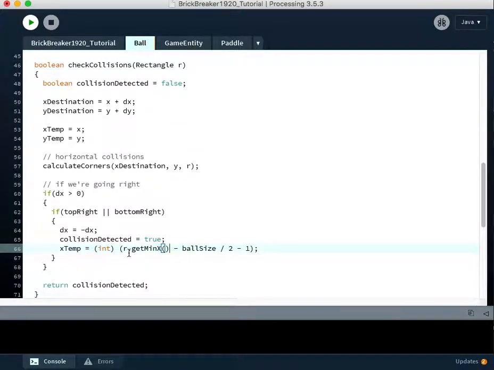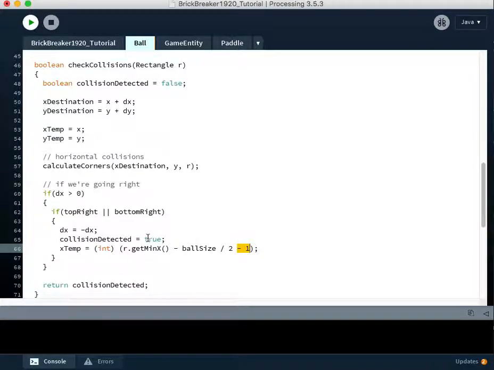This says, okay, if we're going to the right, so if the ball is traveling this way, and if it has collided with whatever this is, the rectangle here, so if it's going this way and it hits something, send it back the other direction, that's this line, so flip its speed so that it starts going left, indicate that we have found a collision, and just in case we don't want the ball to continue overlapping with the rectangle, we just want to set the position of the ball to the left side of the rectangle minus the radius of the ball minus 1, just to set it off to the side to make sure that it's no longer